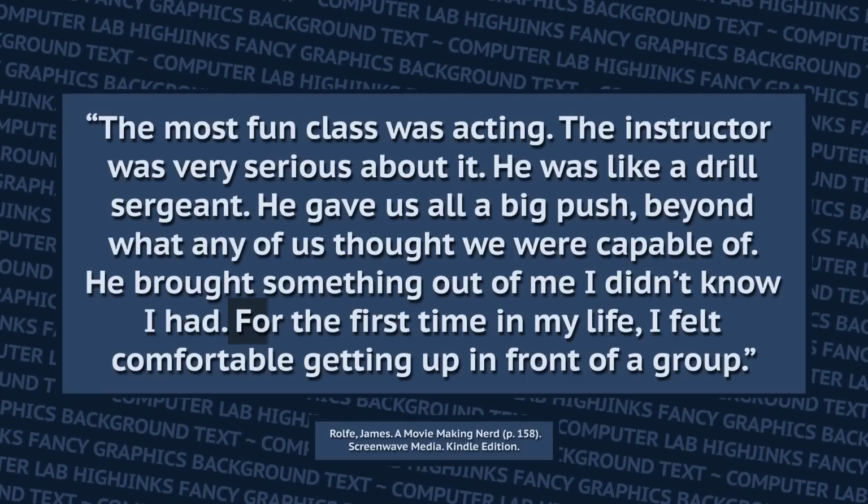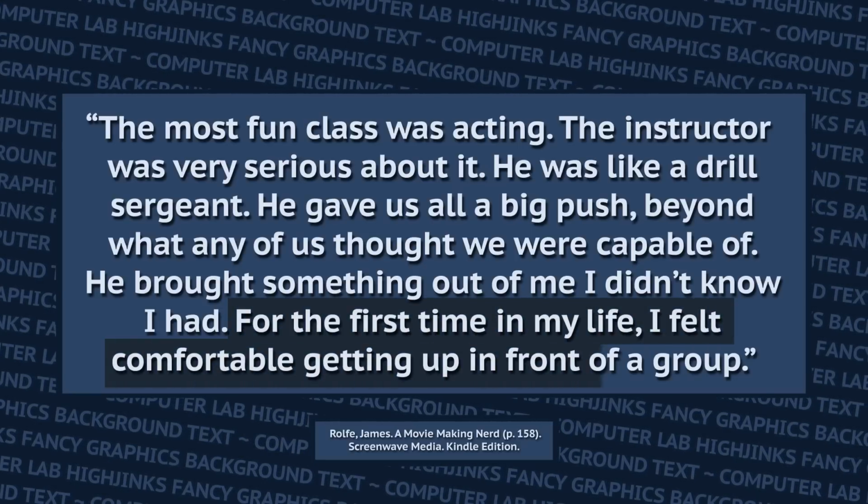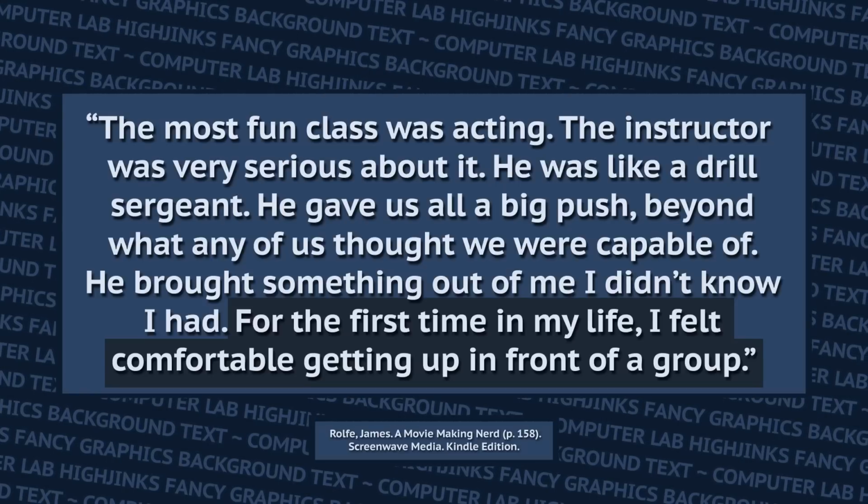New Jersey is where he spends a lot of time growing up. It's not like there's a huge stand-up comedy scene, and he didn't go to a college that, well, they might have had an improv club, but he doesn't seem to have gone. He has a passage in his book about going to acting class. It's pretty brief, but he's certainly not as affected by that, like, he goes to acting class and he's like, oh, I'm going to write a sort of Tennessee Williams style movie, right? His favorite movies, even by the time he finishes film school, are Back to the Future and Universal monster movies. And when the time comes to make his feature, the Angry Video Game Nerd movie...